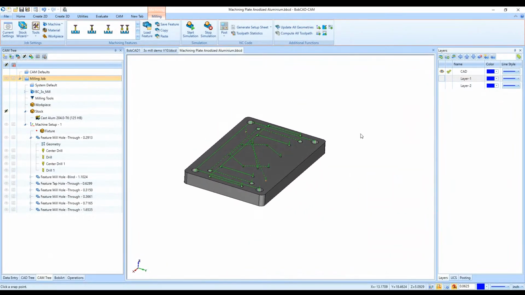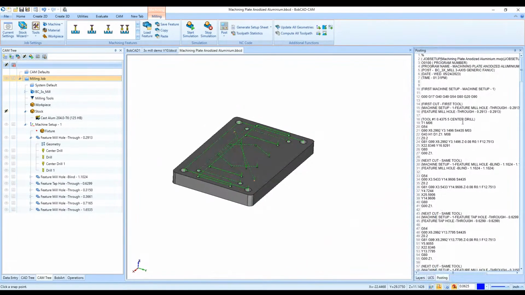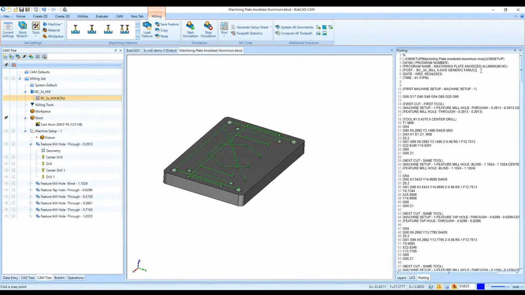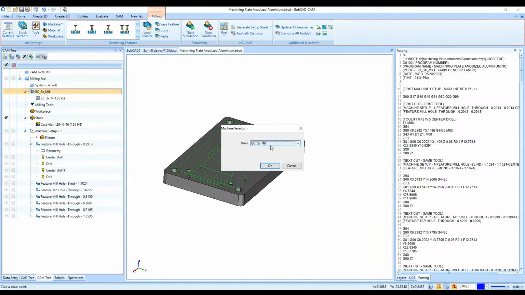And then from there, we just hit post at the top. So next to the simulation buttons, we have post. It'll generate the G-code on the right-hand side. Right now we're using our BC3X mill, so that is our Bobcat 3-axis milling machine and post processor, and that will format the G-code for our Bobcat milling machine, which is a Fanuc-based post processor. You can see here generic Fanuc, and you can see the formatting for the G-code here is for a Fanuc post processor. Say if you're using a different machine here, we can double click on the machine and change it